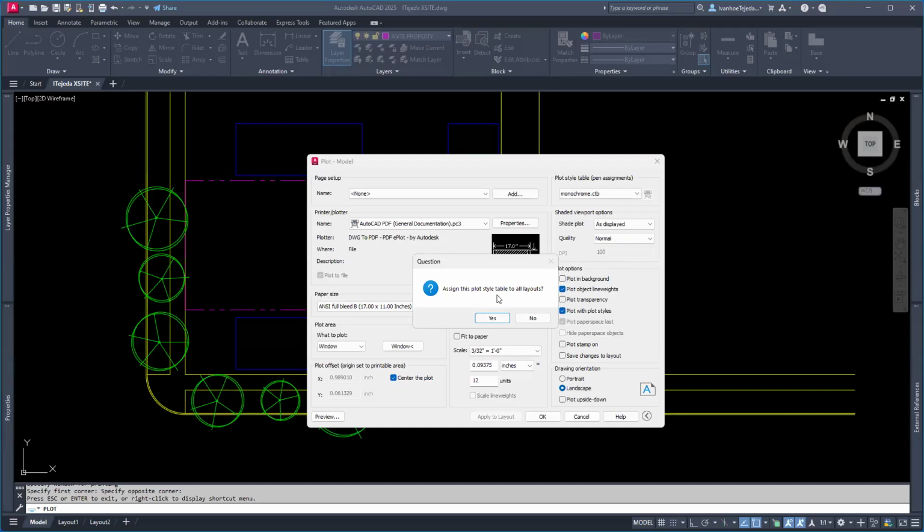So it says assign this plot style table to all layouts. Yes, that's fine because we're printing out of model space only. So go ahead and click on yes. And then click on the icon here that allows you to edit the plot style table. So when I click on this,